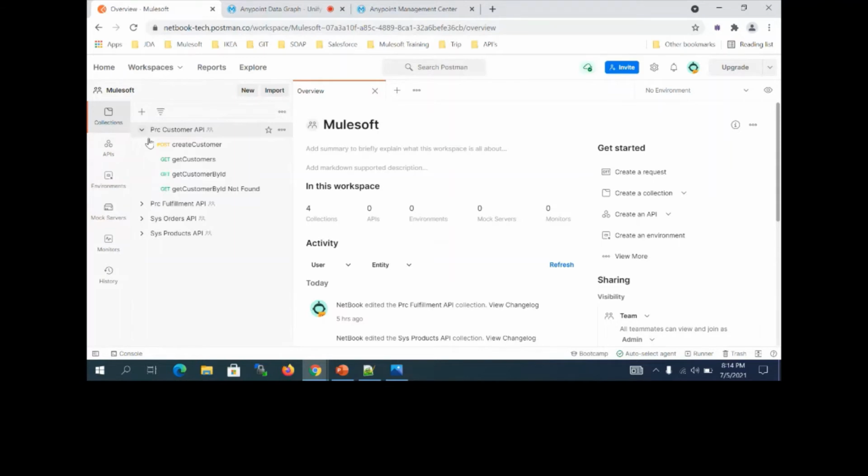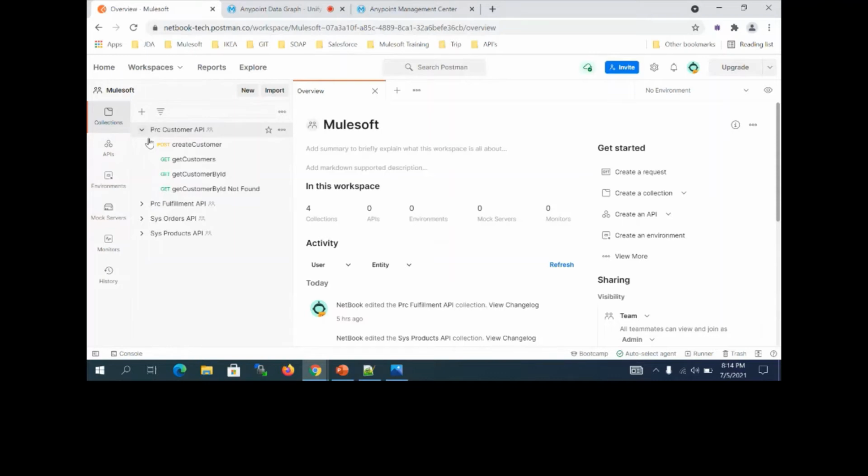Okay, so now similarly you can get with ID also. Based on the ID, if I want to get the tracking details, I can query those data also using these APIs directly. So these are all my existing APIs available in my organization. Now how I can implement this in Anypoint Data Graph, that is what we are going to show in the demo now.